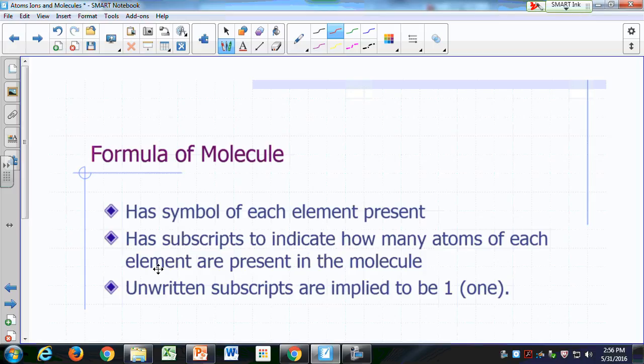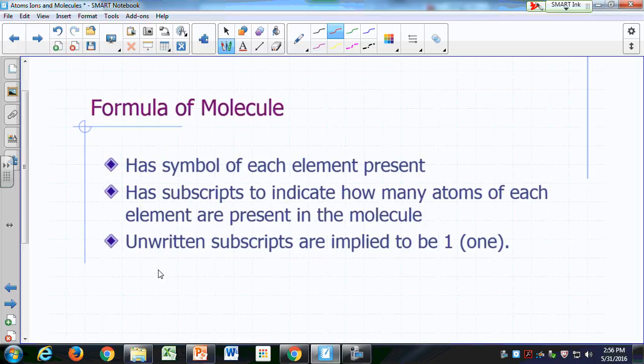So the formula for a molecule is written so that the symbol for each element that's present is there. So you list the symbol of each of the atoms present. Okay? You write subscripts to indicate how many atoms of each element are present in the molecule. And if you don't write a subscript, that subscript is implied to be a 1. So for example,